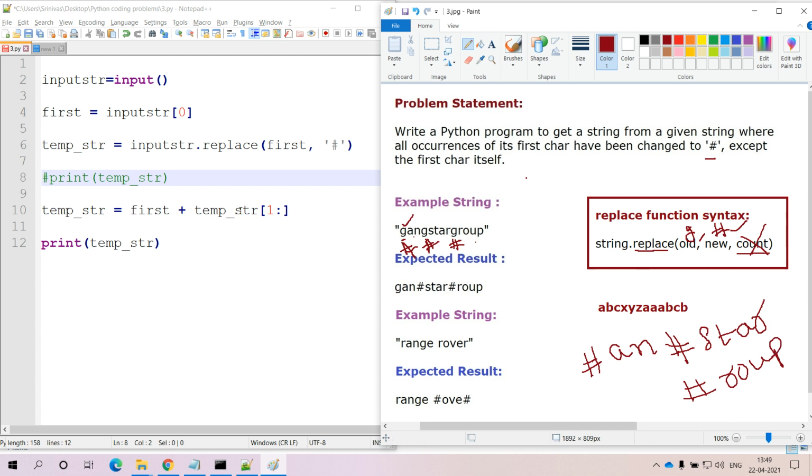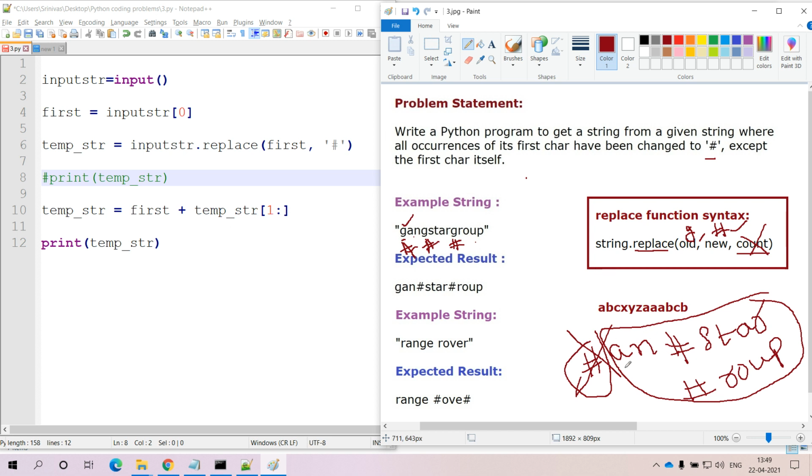From this temporary string we are applying the indexing where the starting index position is 1. The starting index position in the entire string is 0, so we are ignoring the 0 index position. From the starting index position to the remaining entire string, that means you will get this entire string, and that output will be available in temp_string[1:].